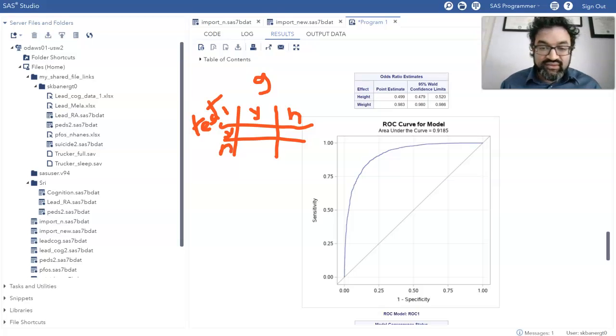So what is this here? This would be considered a true negative, because the gold standard says no, and the test said no. Now, if both the gold standard and the test agree on a yes, then that would be a true positive. So then, if you have a test that says yes, but the gold standard says no,